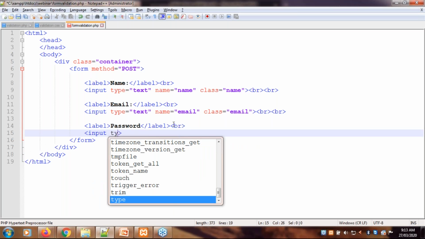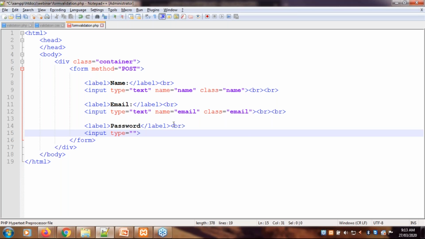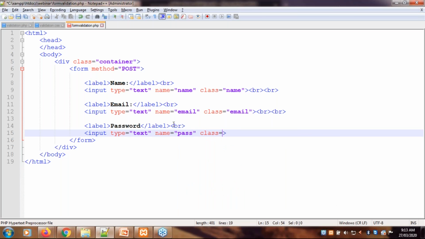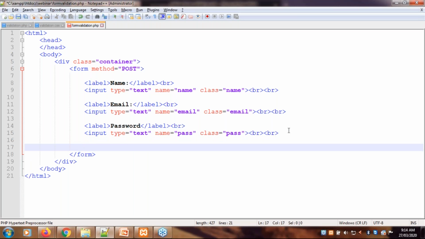Input type equals to text, name equals to pass, and I'll give class equals to pass. Here I am using input type equals to text for simplicity. Let's say if I am typing 1234 to show the password, right now I am using text, otherwise you have to use input type password.